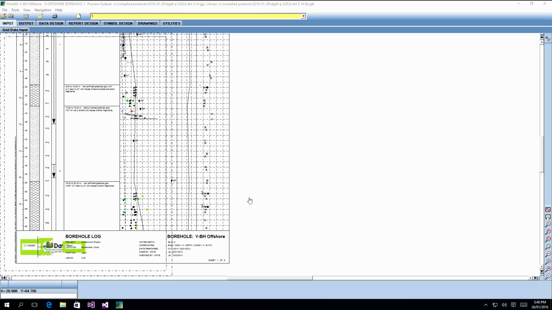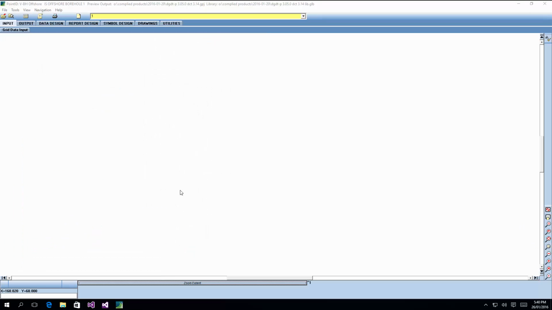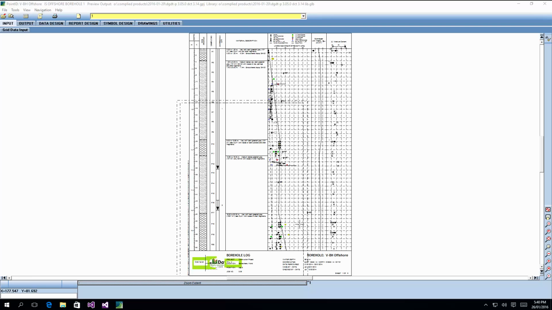Okay, now if I zoom, there's a problem here with the page sizes. I haven't assigned the correct printer to the report, so seeing this is an A3 report, it's getting cut off. It's jumping to the A4 or letter size page. If I just zoom in near the top,